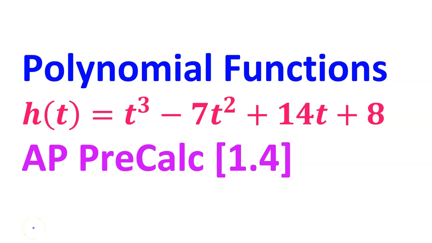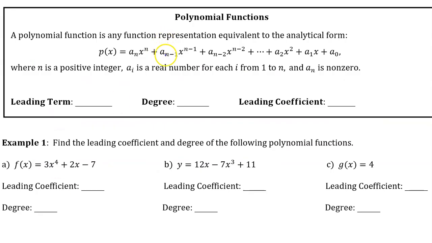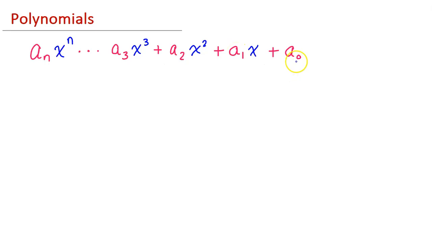In this video, we are going to talk about polynomial functions. This is AP Precalculus topic 1.4. This is the formal definition of a polynomial, so you can just go ahead and soak that in for 1.5 seconds. A polynomial is a sequence of terms like this, where these red numbers, a0, a1, a2, a3,